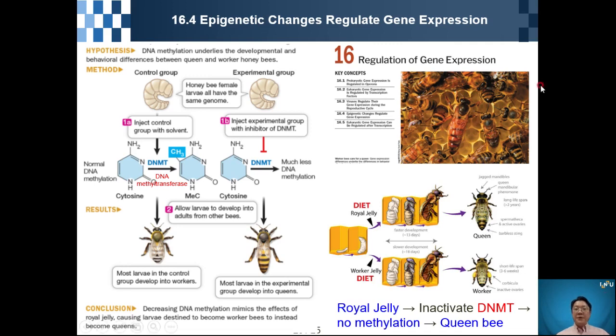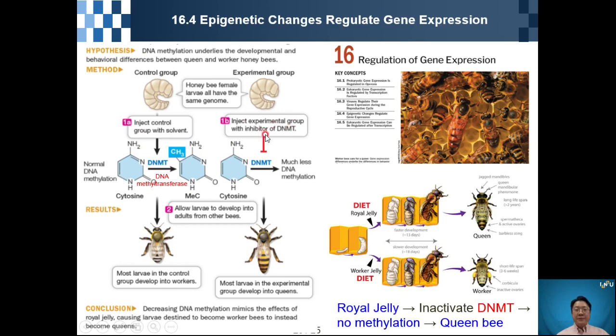Okay? So in this slide, we will learn how DNA methylation changes the development of bees. This is our chapter 16. We can see lots of bees, but this is the queen bee and this is the worker bee. The important thing is that the queen bee and worker bee start from the same larvae. In the control group we inject the solvent, and the other group we inject a DNMT